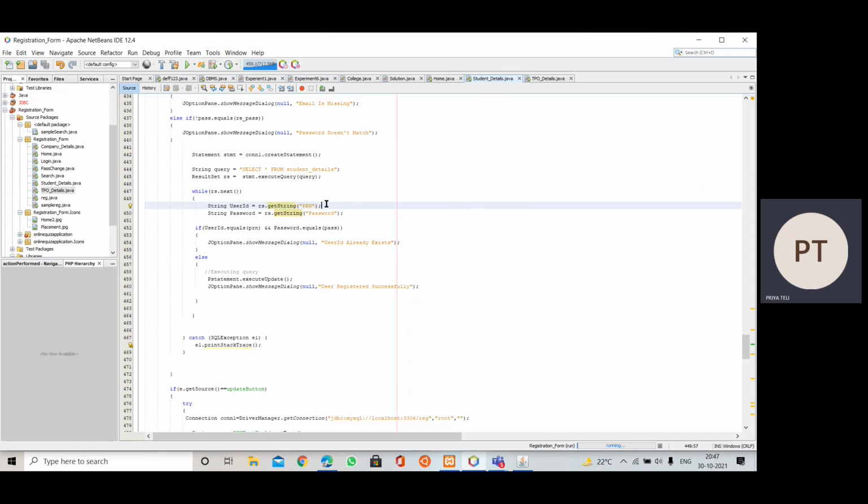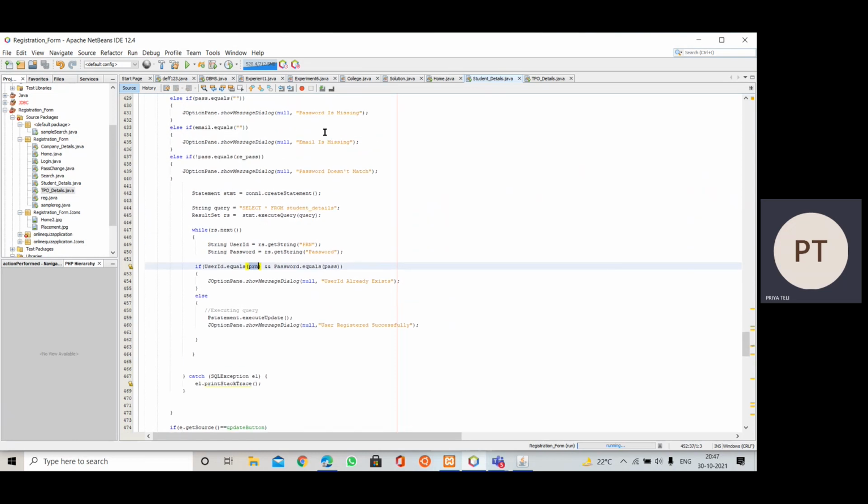For every iteration it will check. Then rs.getString PRN, whatever it returns will be taken into the userID string variable. Same for the password. Then we are going to check if userID.equals(PRN). PRN holds the value which is inserted into the PRN text field inside our form, and this holds the value which is checked inside the table.